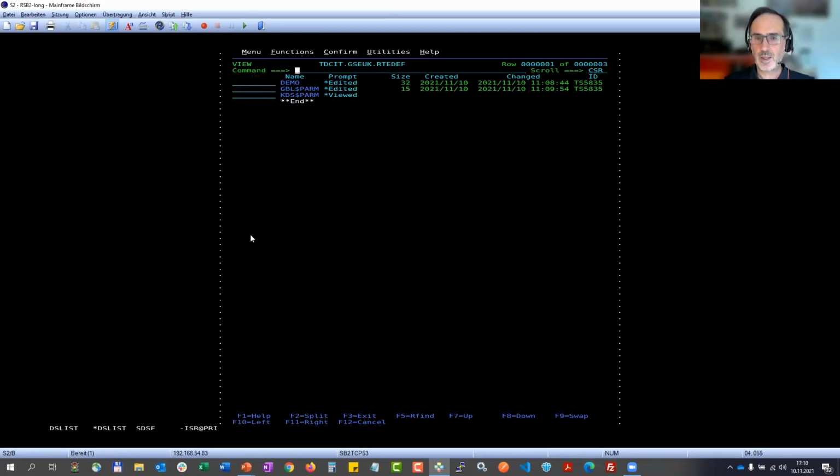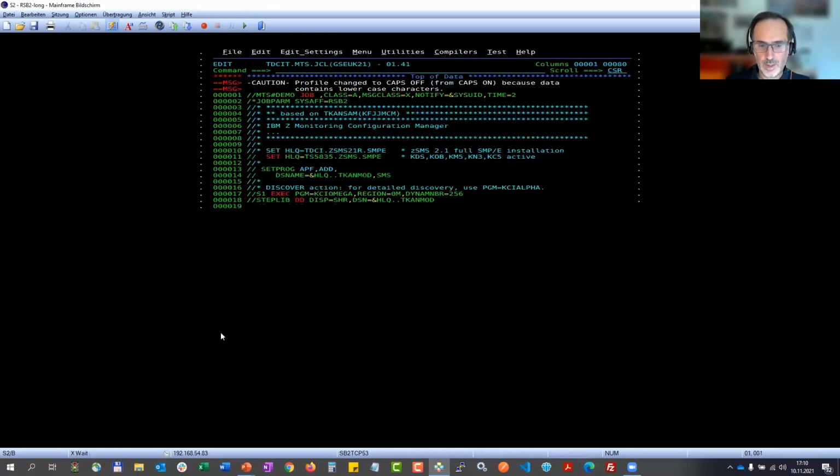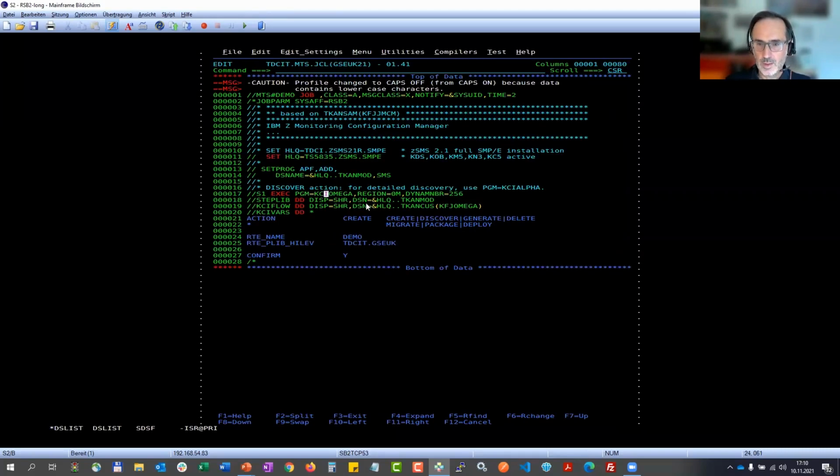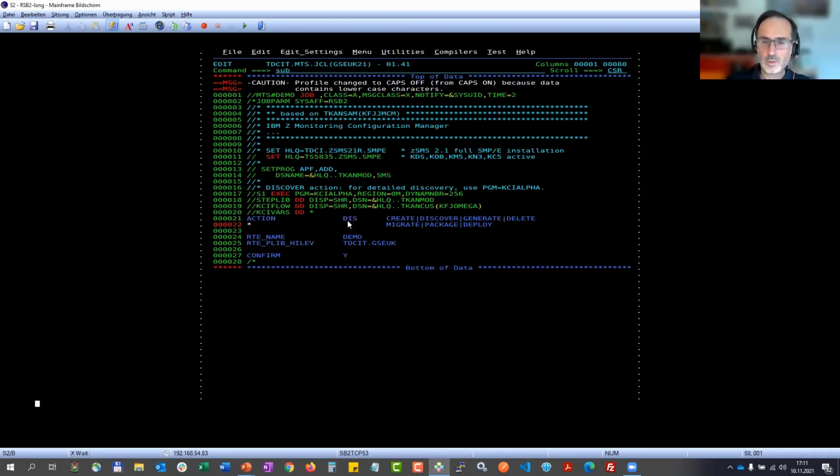The next step here is then to run Discover to add a bit more context to the configuration and to give you the full minimum configuration for things like network. So let's go and run the Discover action. Discover needs an APF authorized library and needs KCI alpha, as I mentioned earlier. So we'll change the program to KCI alpha and run Discovery. You can abbreviate this if you like, as I'm doing here. We'll submit the job,